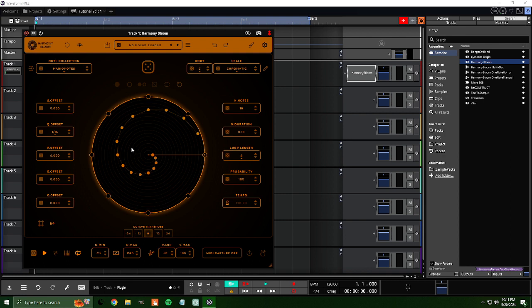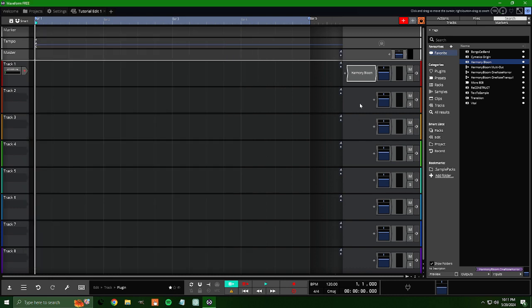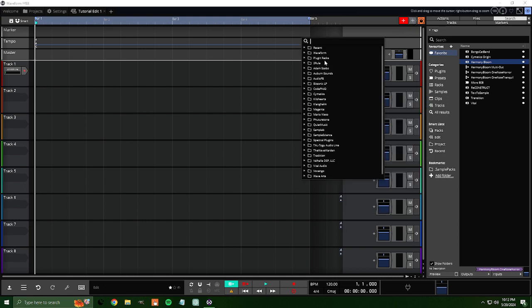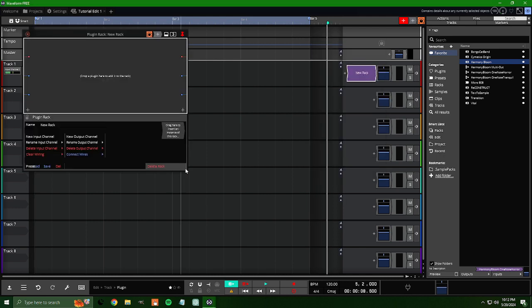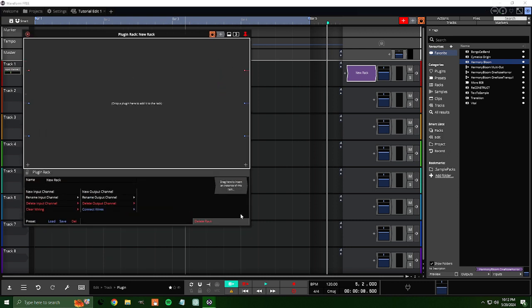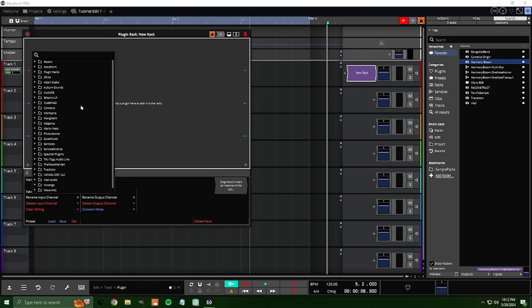I wanted to see if I can make Harmony Bloom playing a single MIDI note able to play an entire track. So to start experimenting with that, what I did was in Waveform there is a little patcher plugin thing where you can create plugin racks, and all I did was I took Harmony Bloom in here